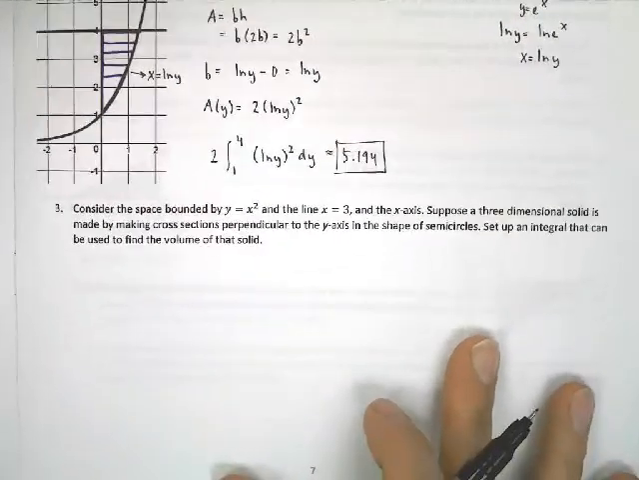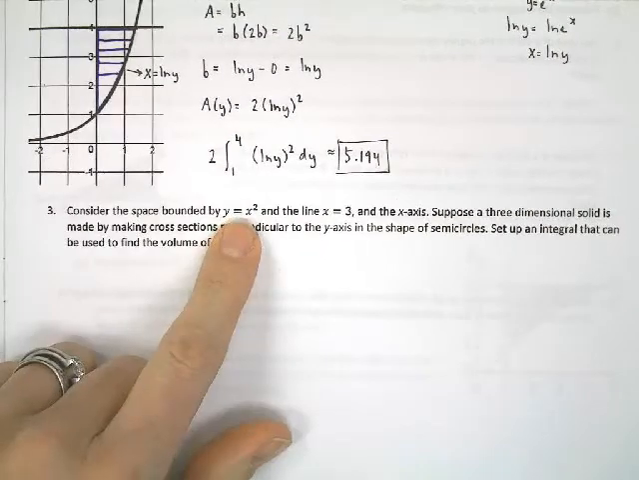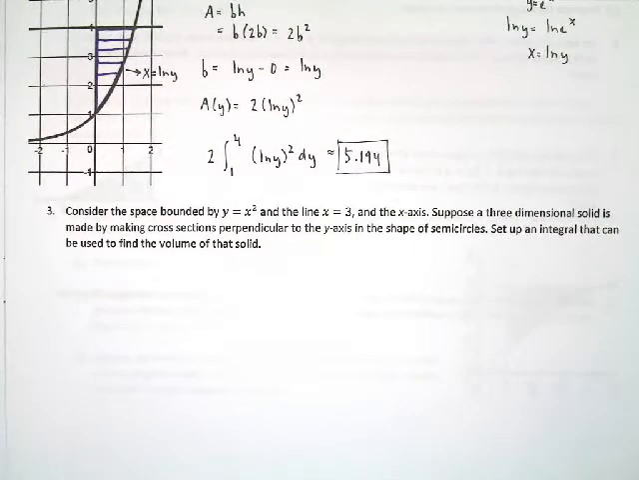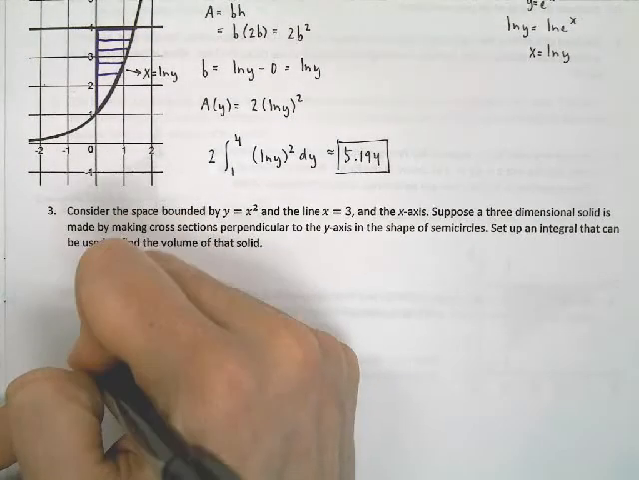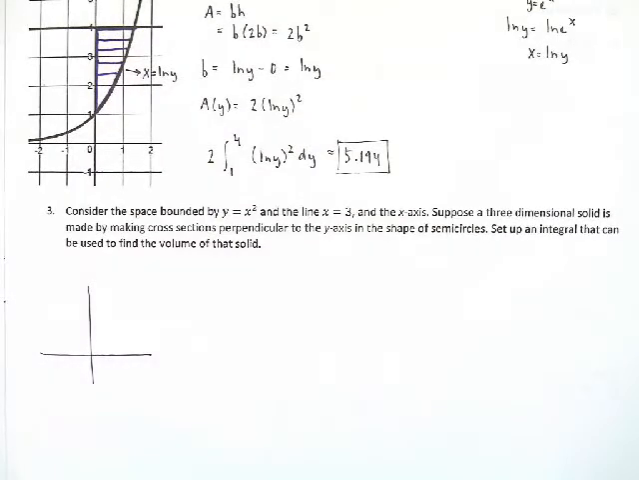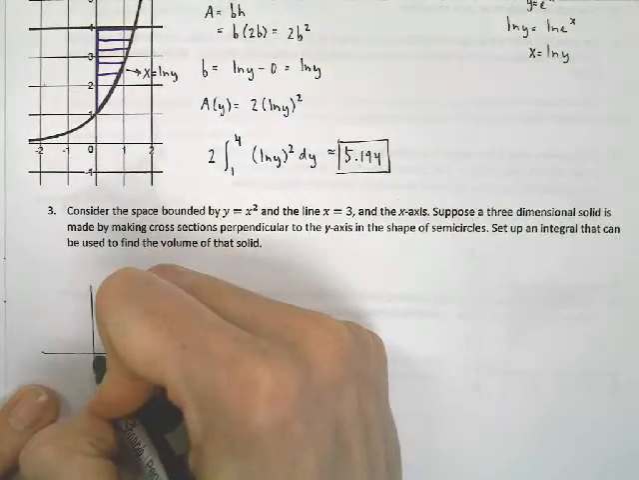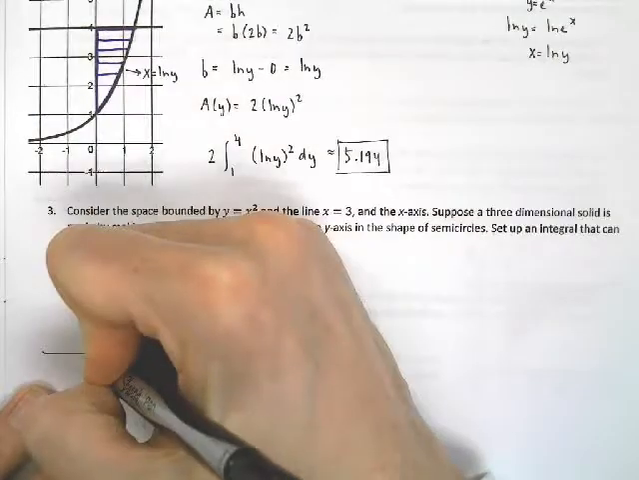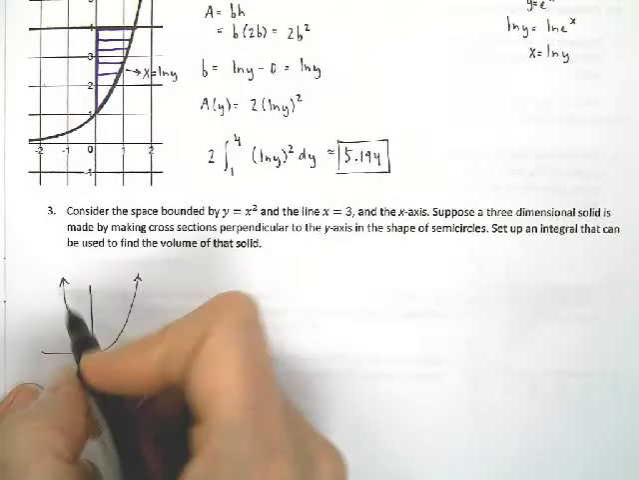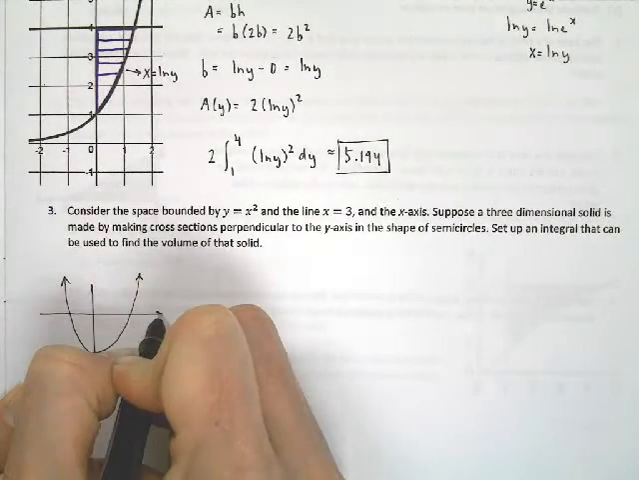So the next problem, number 3, says consider the space bounded by y equals x squared, the line x equals 3, and the x-axis. So now in this case, we have to make our graph. And again, I'm just really concerned with getting the basic idea of what's happening here. So I know x squared is going to look like this, my parabola. Ooh, that's terrible, but we get the idea. The line x equals 3,